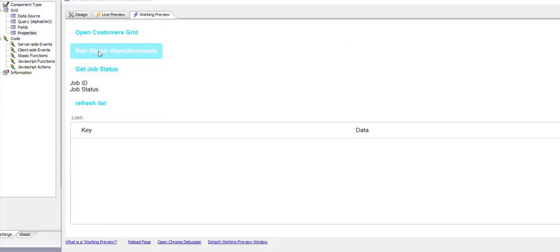So now what I'm going to do is press this button, which is going to make an Ajax callback and register the Xbasic code that needs to be run asynchronously. And when I press this button, I'm going to get back a job ID, and the job ID is something that I can use to periodically query the status of my job. So I'll go ahead here and say run Xbasic asynchronously, and you'll see that we get back our job ID,